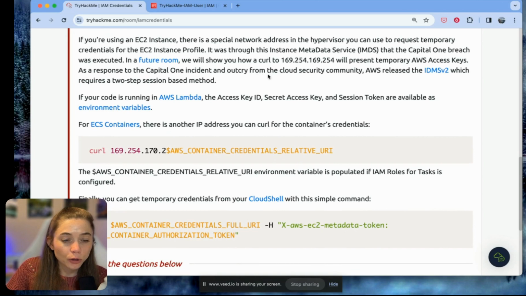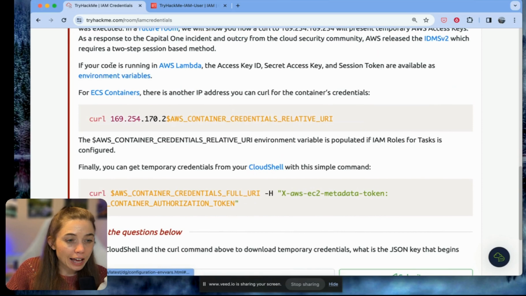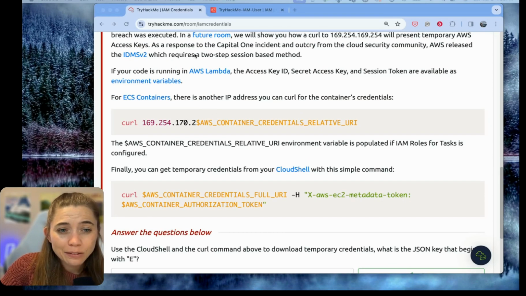In a future room, we're going to practice using IMDS. So we're going to do a curl to the IMDS address and it'll give us back temporary AWS access keys. Oh, I'm always jumping the gun. Okay, apologies. As a response to the Capital One incident and outcry from the cloud security community, AWS released the